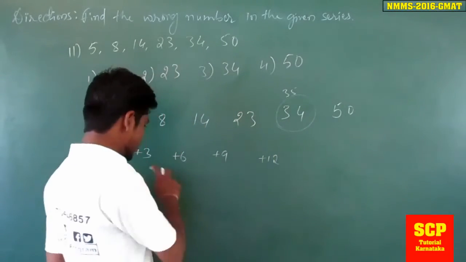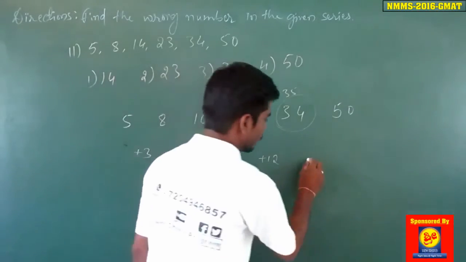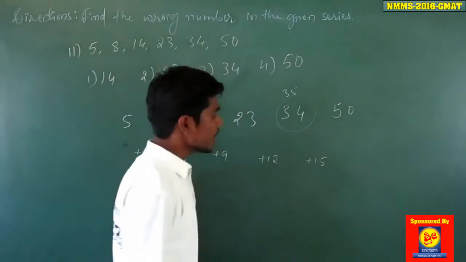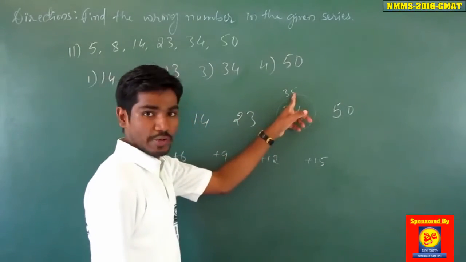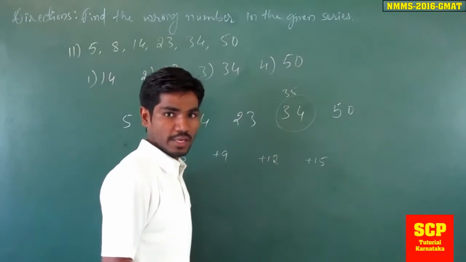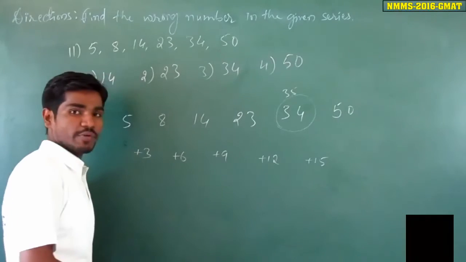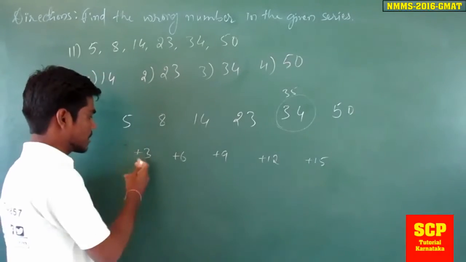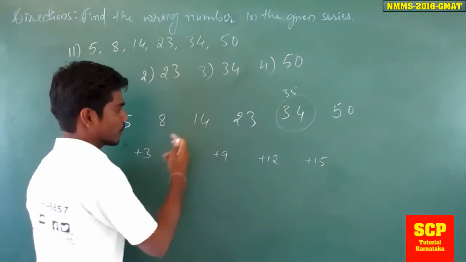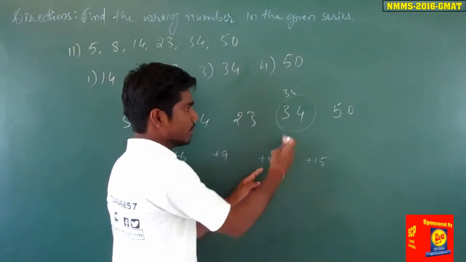Next. Since these are the multiples of 3, the next is what? 3 fives are, that is what? 15. So when I add 15 to 35, which I have considered, what I'll get? I'll get 50. Okay. So the series is obtained when we add multiples of 3, that is 5 plus 3, 8, 8 plus 6, 14, 14 plus 9, 23, 23 plus 12 should have been 35,